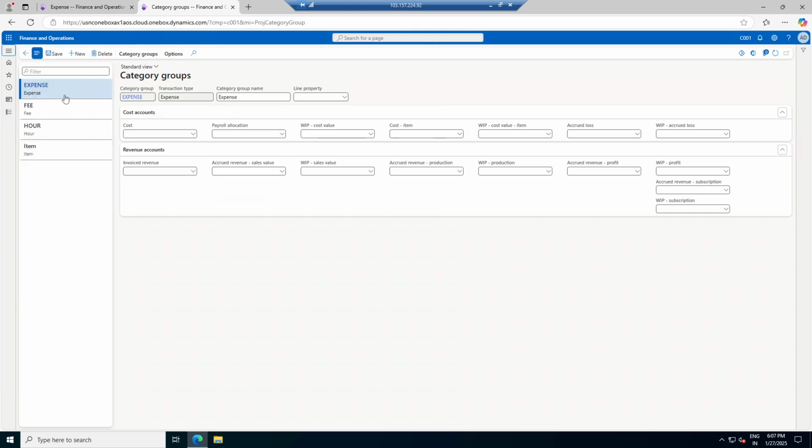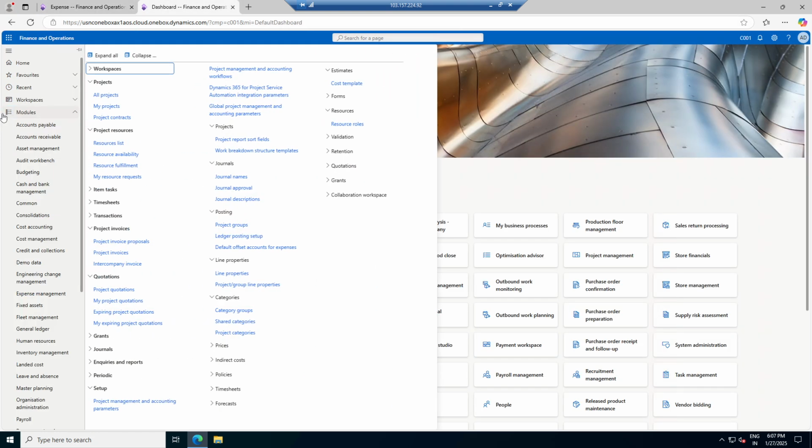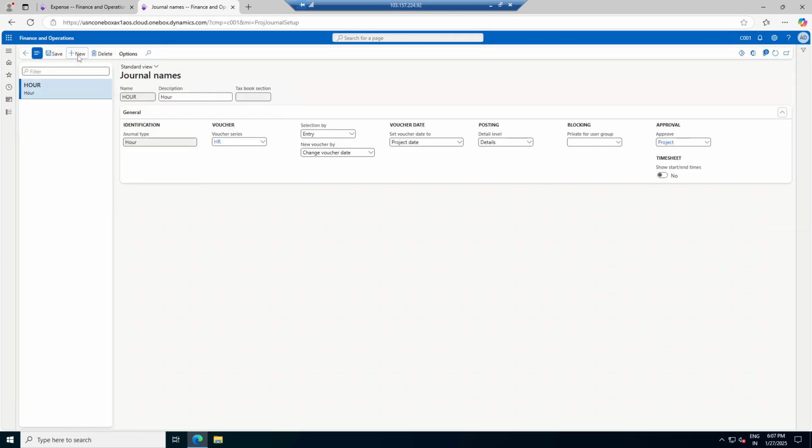So there is an expense category over here also. Globally you can mention it, but obviously this category group we are not utilizing. I will come to it later, and now I'm coming back to the journal group. So we have to prepare a journal. Go to the journal names and click on the new button. This time this is not our journal, but